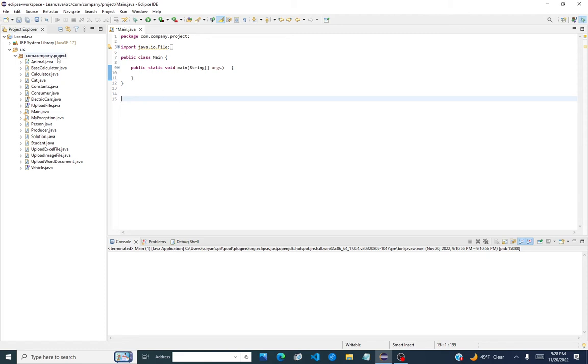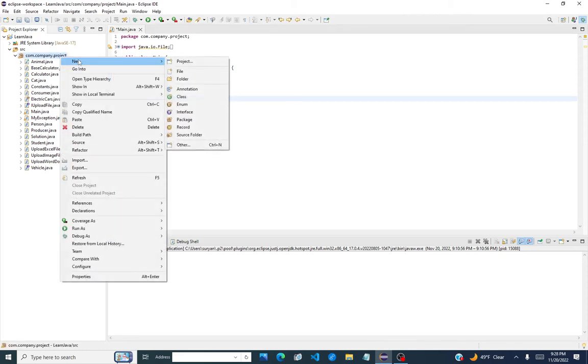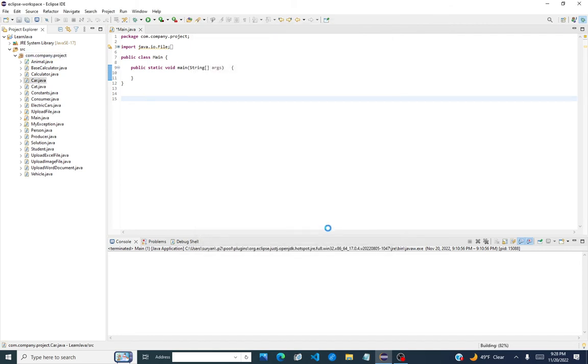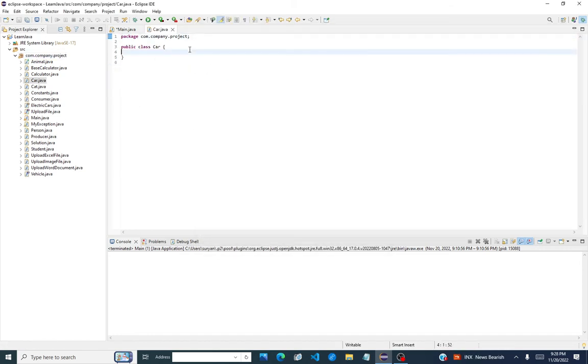So what we are going to do is create a class here first so that I can show you with the help of an example. I'm going to create a class called Car. Let's say I want to have a couple of properties in this one. Let's say a car could have a color, and let's say a car also has some kind of max speed, and we're just going to put a